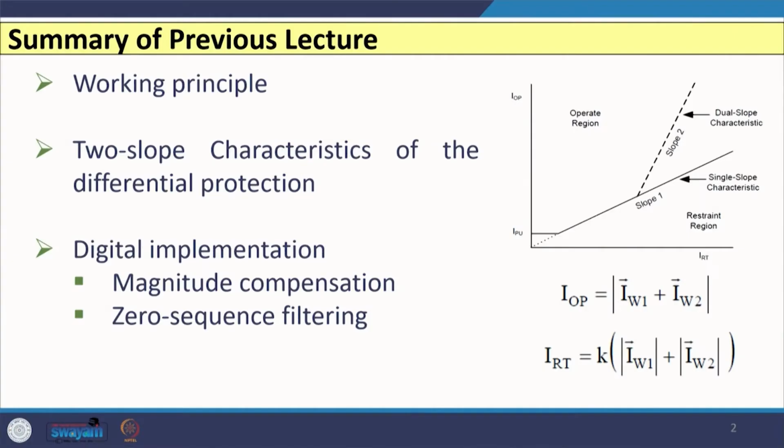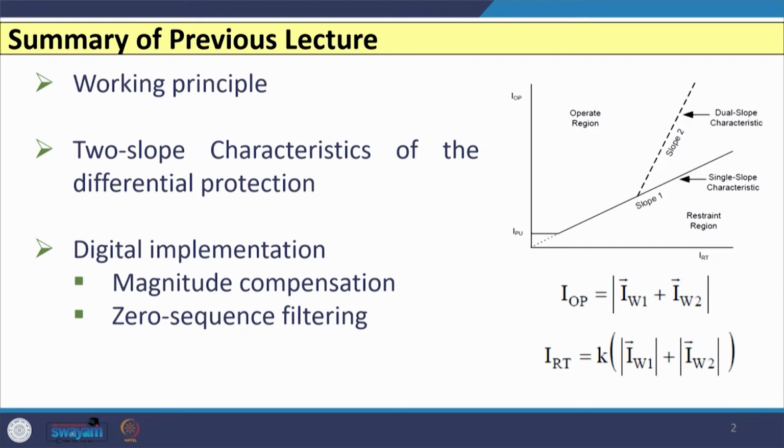Hello friends. So, in the previous lecture we have discussed the working principle of biased or percentage differential protection scheme, and in that we have discussed the advantages and disadvantages of this scheme, which is widely used by the utilities. Thereafter, we have seen the working principle of digital differential relay, and in that we have discussed that if